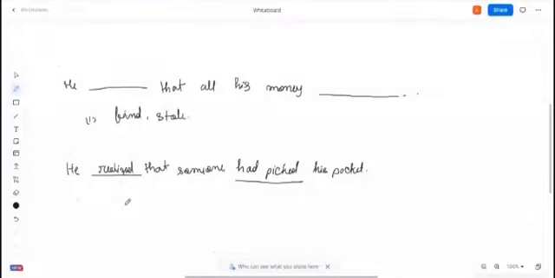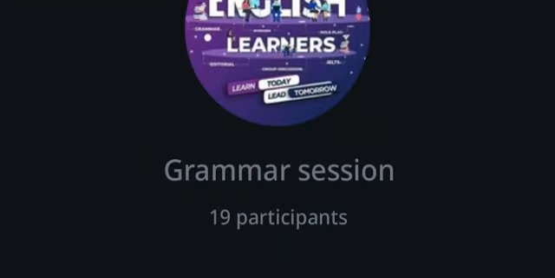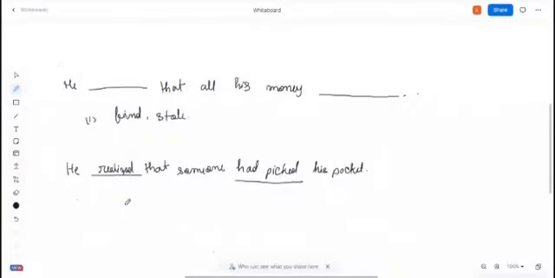Yes, I could explain it. Here the same thing happened. Money was stolen before the action. The moment I found, the money had already been stolen by someone, and here we use had been because the money is the object that was stolen by someone. That's why we use his money had been stolen. It is the passive form of past perfect tense.